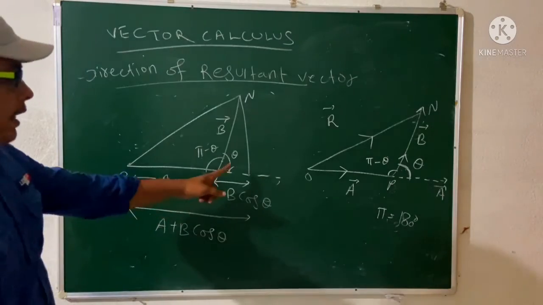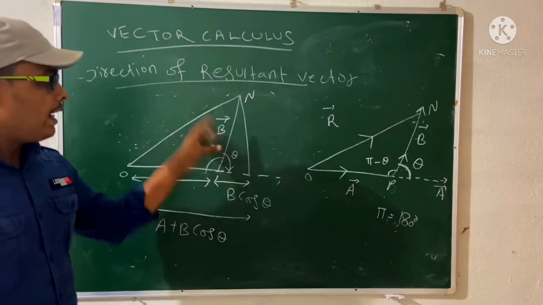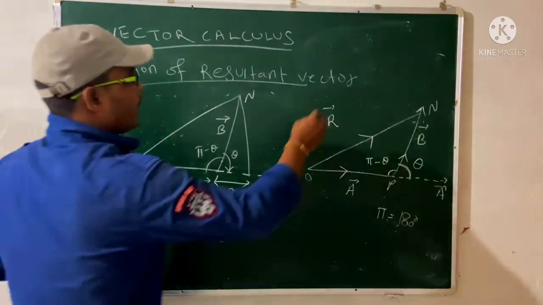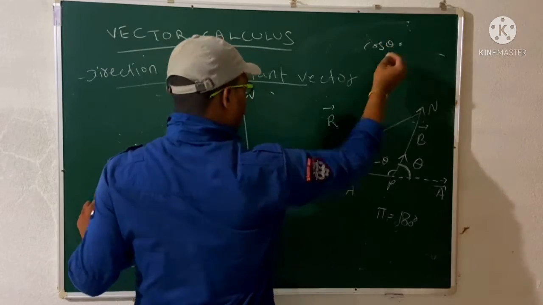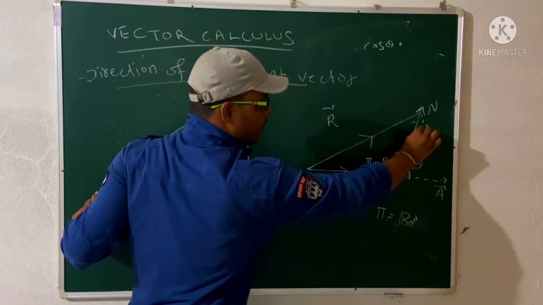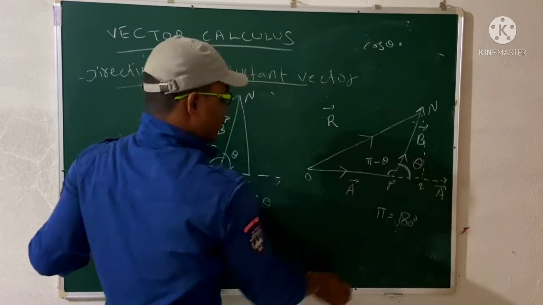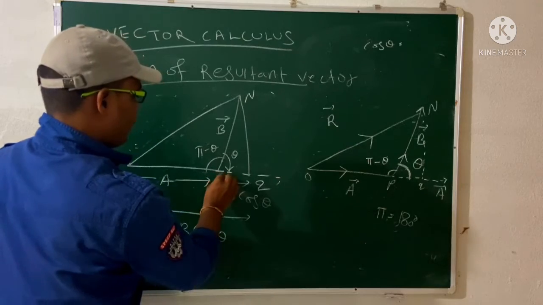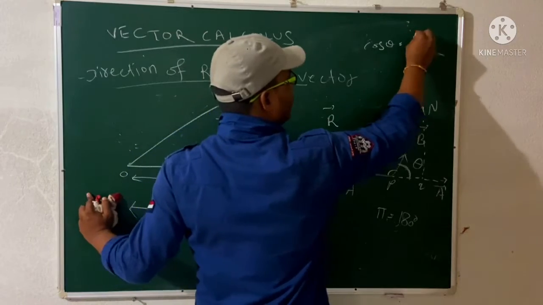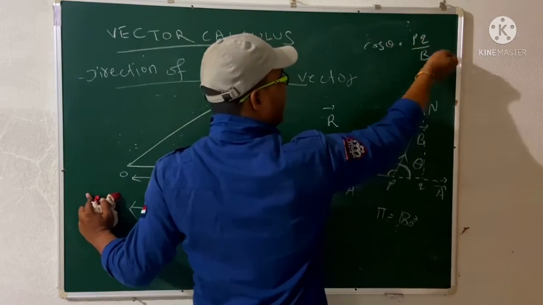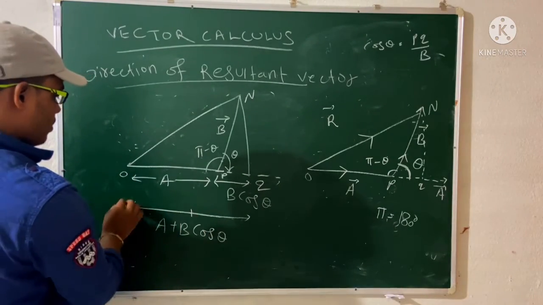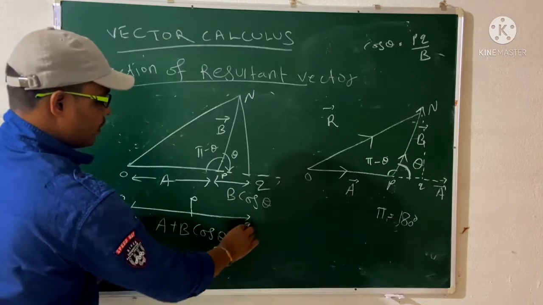Right. So if you take the cos theta, it will be B by H, right? Cos theta will be B by H. So what is your cos theta here? Cos theta equals, we have given this point as a P point and take a perpendicular here, that will be Q point. So this is Q point and this is your P point. So what will be cos theta? PQ by B, right? So what is PQ? PQ equals B cos theta. So this is PQ and this is OP. This is O, this is P and this is Q, right?